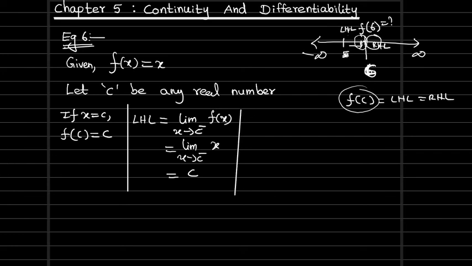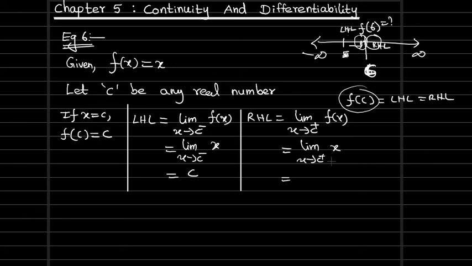Now in the same way, the right hand limit also we are going to find out. So similarly, right hand limit equals limit x approaching c from the right side of f of x. What is f of x here? The given function, replacing f of x with the given function. And here, the right hand side close values of c. Here c is generic, we are writing it in a general way. So the right hand side close values of c also, approximately it's c only. Exactly not c, but approximately c. So here directly in place of x substituting c.